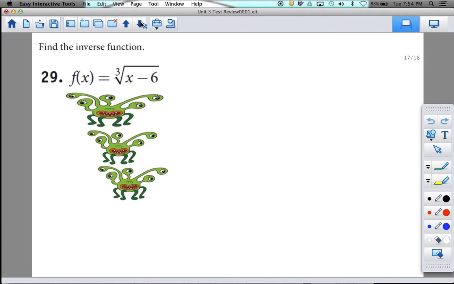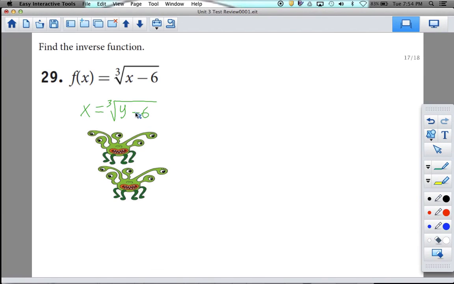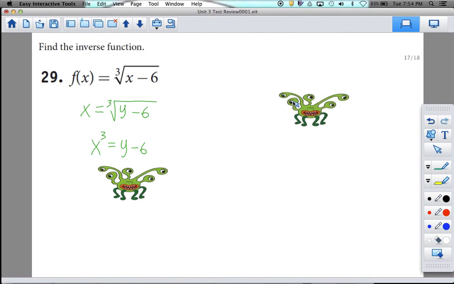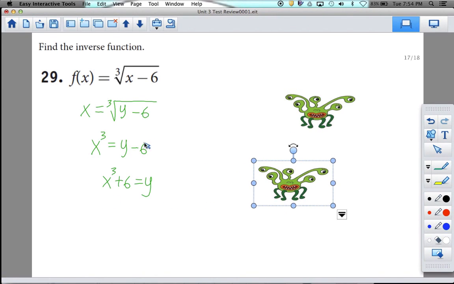Let's look at another one. The cube root of x minus 6. We're doing inverses, so again, switch your x and the y locations. Now we need to solve. The opposite of a cube root is cubing something, so we're going to do x to the third power equals y minus 6, and then plus 6 to move the 6 over. Easy, right? As long as you remember what the opposites of all these weird things are,